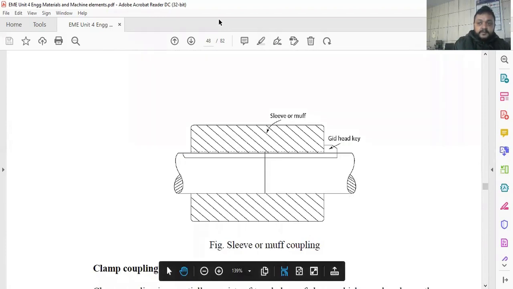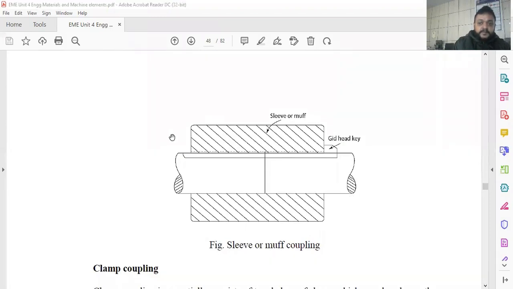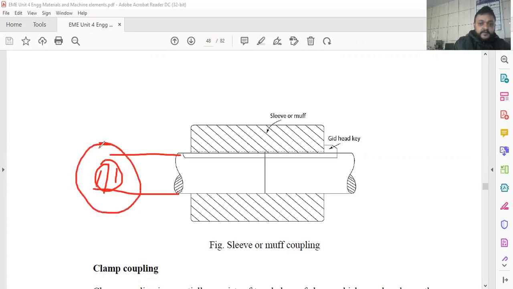A muff or sleeve surrounds the shaft. You can see the front view here, and this is the side view. In the front view, this is the shaft. You can call it the front view, and the coupling is like this, surrounded around the shaft, and this muff is fitted by means of the